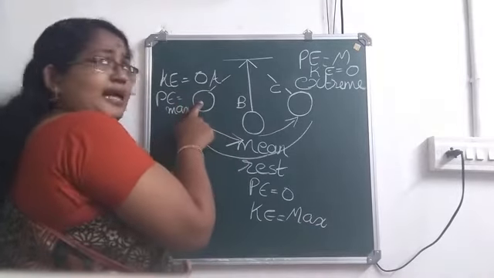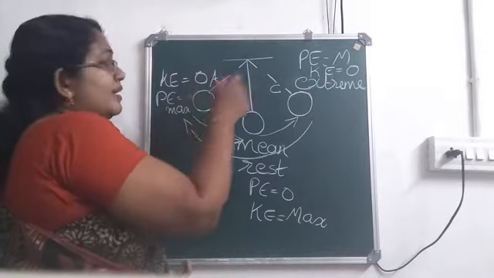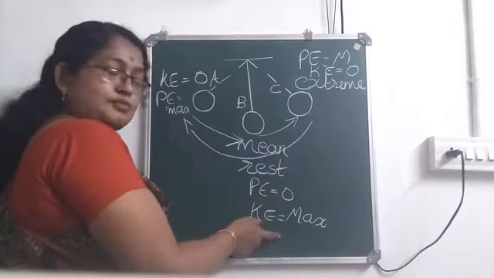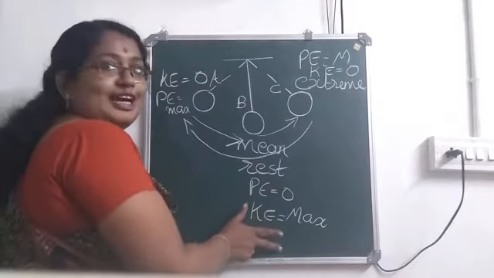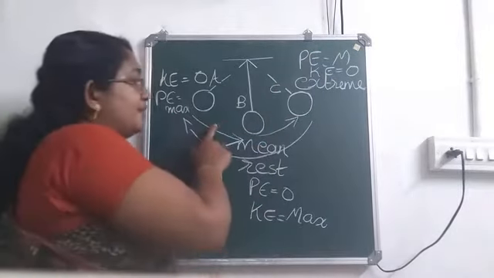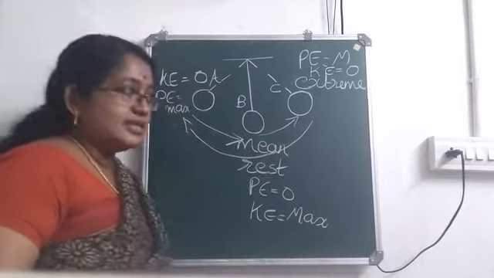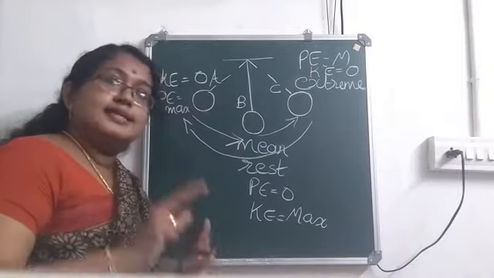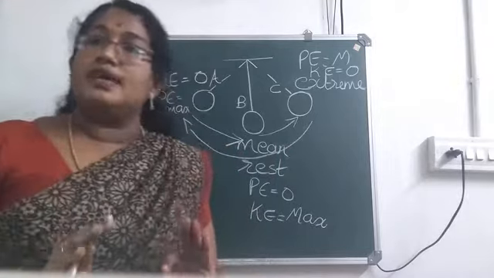Here if I am taking, what will be the total energy? Kinetic plus potential. Here it is potential plus kinetic, but here potential is 0, so you will be getting only kinetic. Here you will be getting only potential, as kinetic is 0. But when you consider a point in between A and B or between B and C, both will be having values. And the sum of kinetic and potential, or the total mechanical energy, will be always a constant.